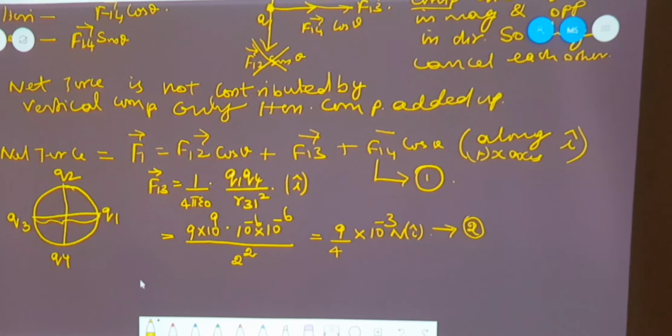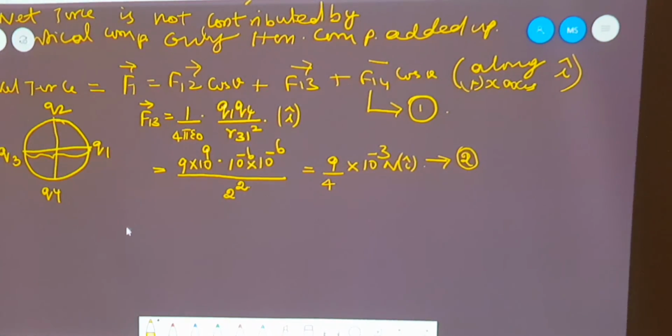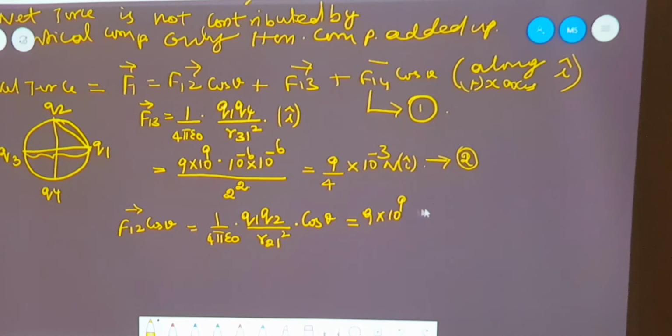Similarly, you calculate the next one, that is F12 cos theta. What is this value? See, again, F12 is 1 divided by 4 pi epsilon 0 Q1 into Q2 by, what is this distance? This distance is Q2 to Q1. So I can write R21 square multiplied with cos theta. Simplify by substituting 9 into 10 to the power of 9 multiplied with 10 to the power of minus 6 into 10 to the power of minus 6 multiplied with cos 45, whole divided by